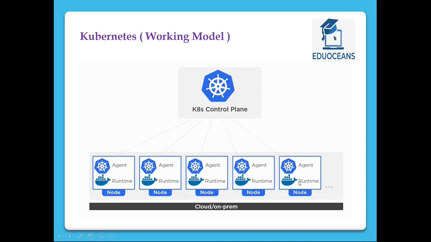So Kubernetes has 2 components. This component is called the K8s control plane, which is nothing but a Kubernetes leader. Okay, and this is a worker node. So there are 2 nodes, a leader node and a worker node. This is the leader node which says, okay, I am monitoring the application, and during the monitoring, I figured out the load is increasing suddenly. So I'll allocate 1 more node where this application would start working.